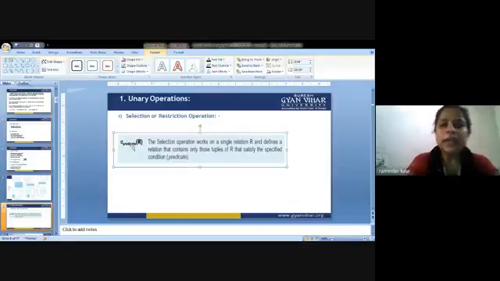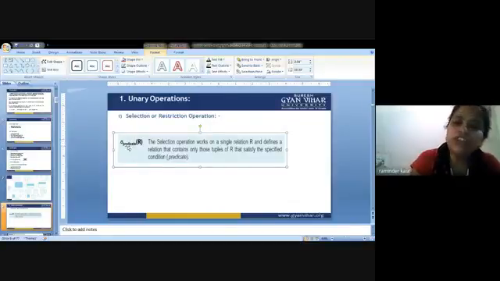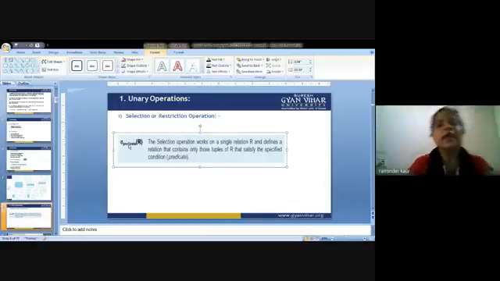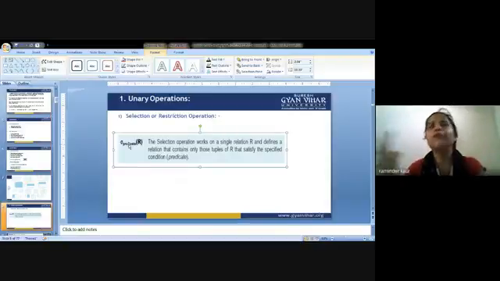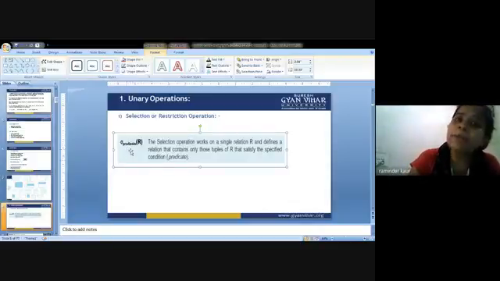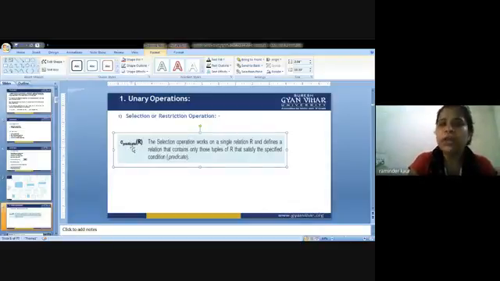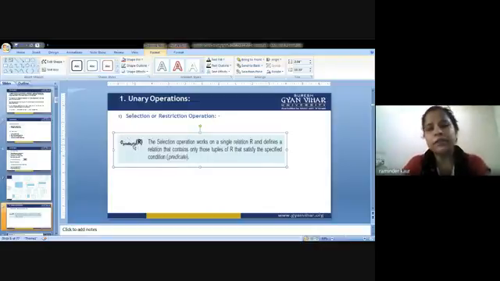Predicate means there is a certain condition written here, so that we can operate this symbol over this relation with the help of some condition. Let's say if I require only date, I am supposed to operate this operator on only 2 fields present in the table, then I can use that as a predicate, as a condition, that I am going to feed this relation with the help of a certain condition.